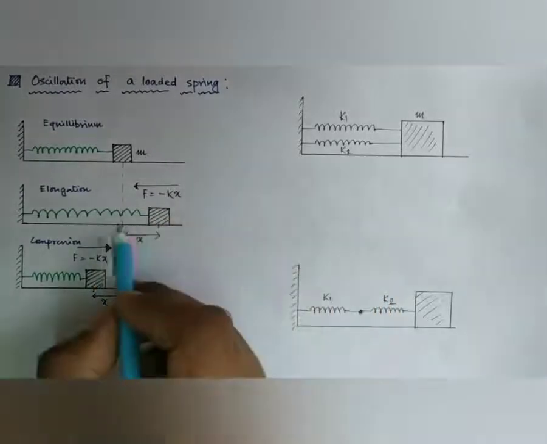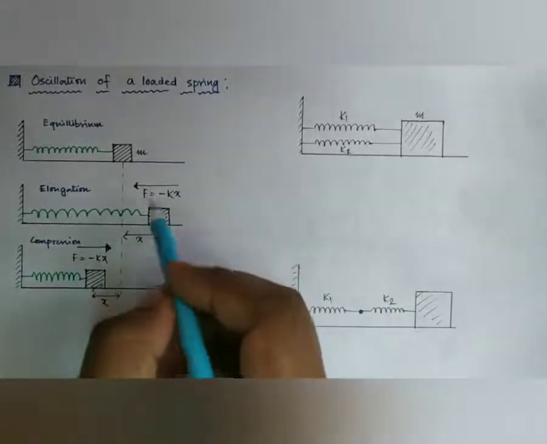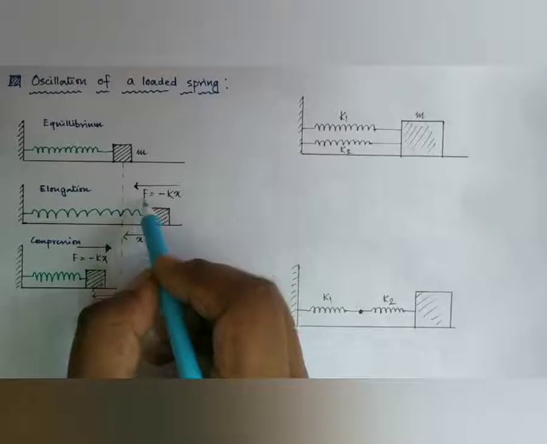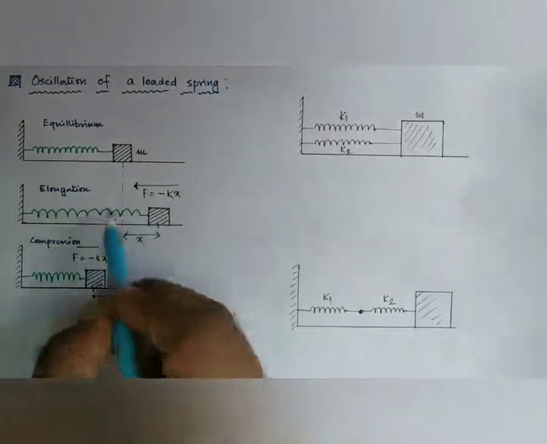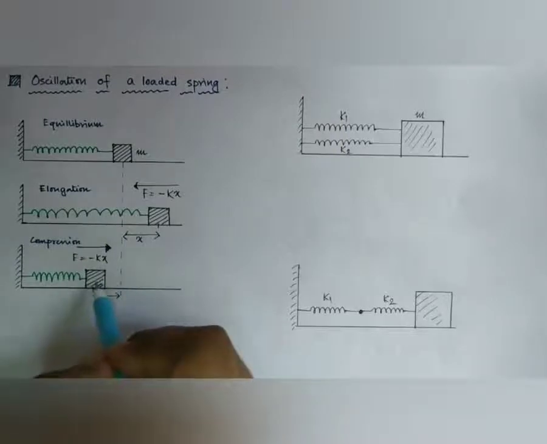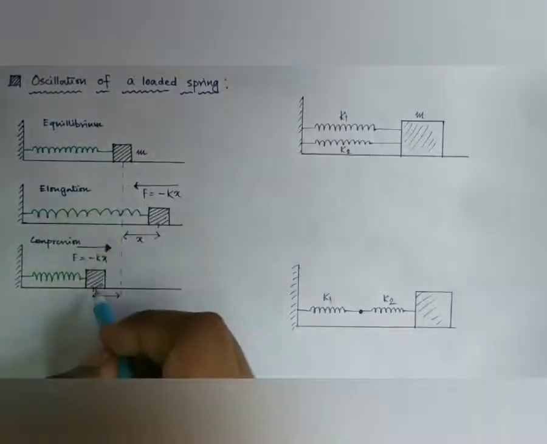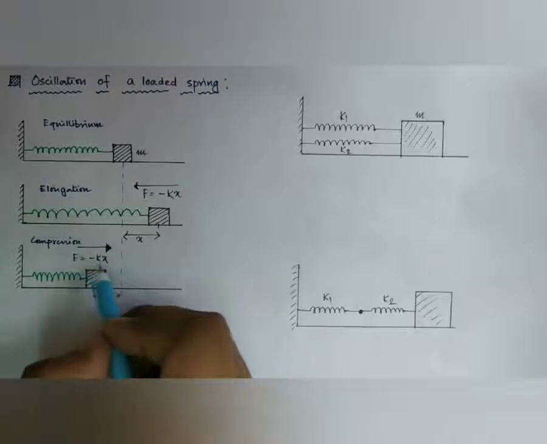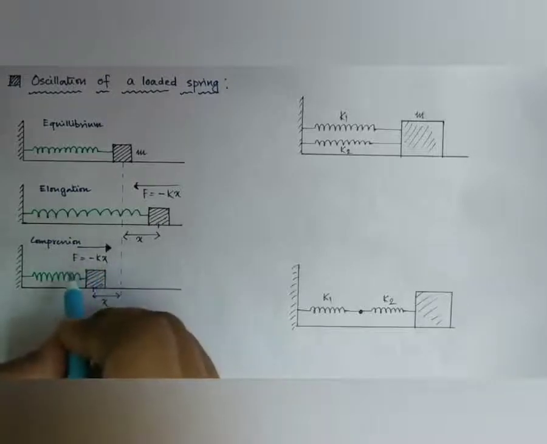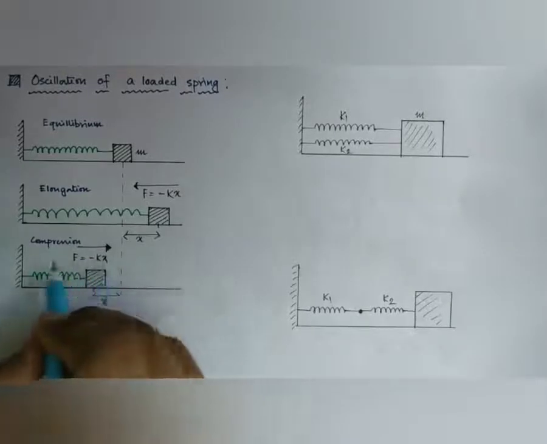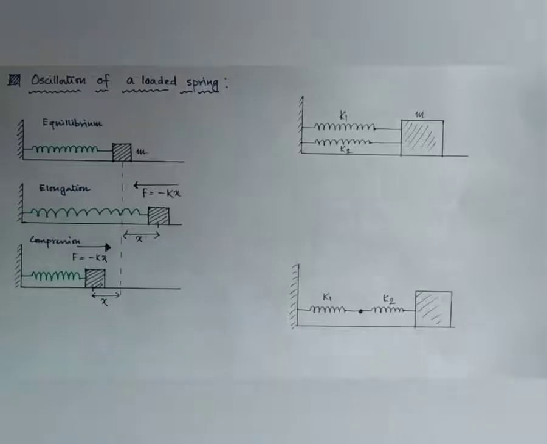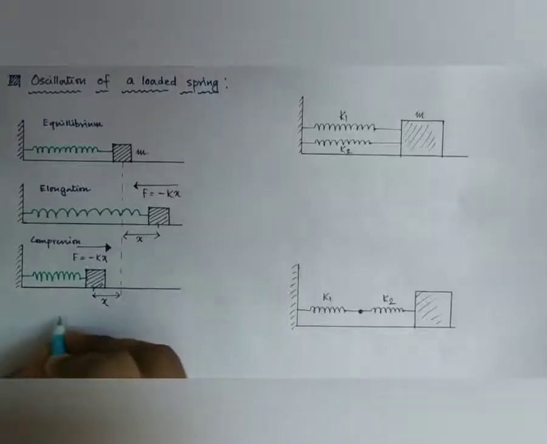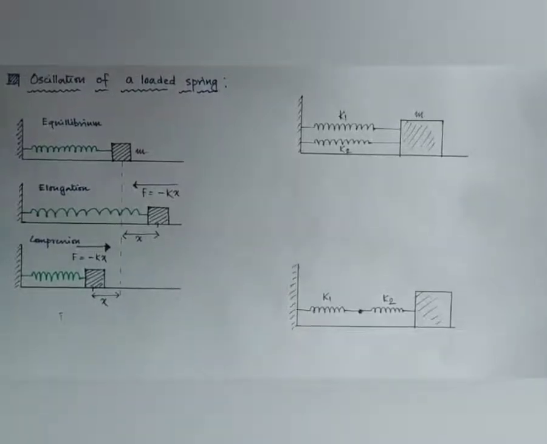Now look here, if we pull it towards right, due to elasticity, a restoring force will act in the opposite direction. Similarly, if we want to compress the mass from its equilibrium position, then due to its elasticity, a force will develop, and it will act in the opposite direction of compression. Now if we write the restoring force here, it is F